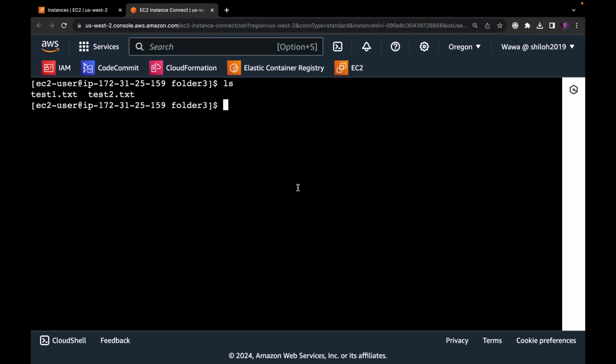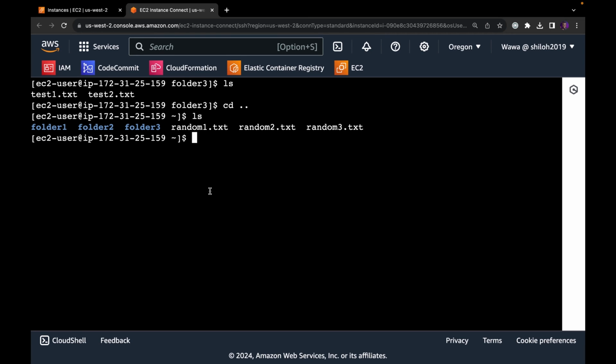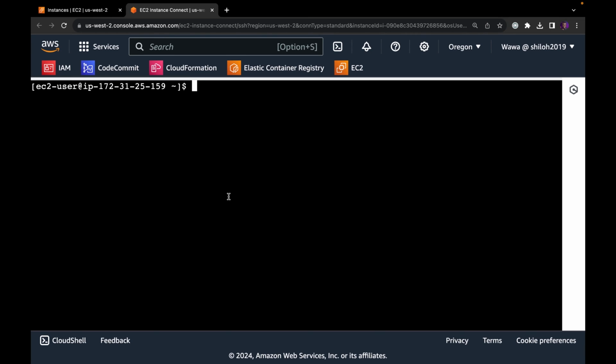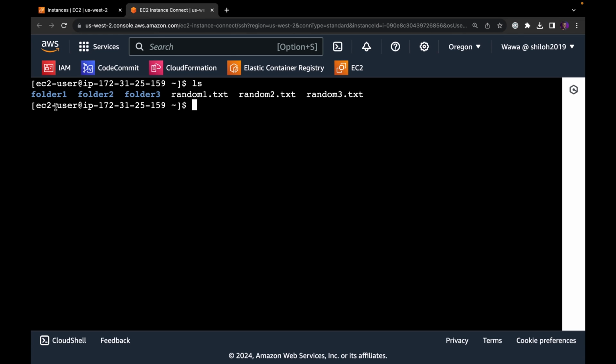Let's do an ls. We cd to our main directory. We do an ls. We have folder 1, folder 2. Let's also clear. We ls. We have folder 1, folder 2, folder 3. Now let's rename folder 1 into